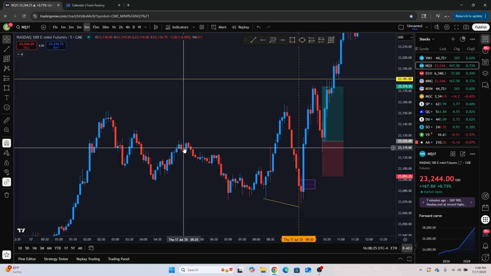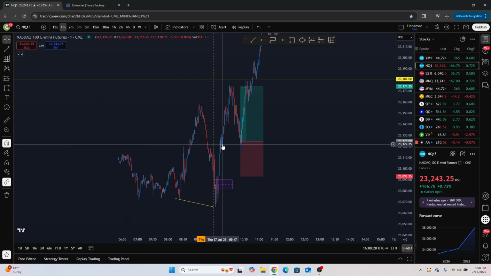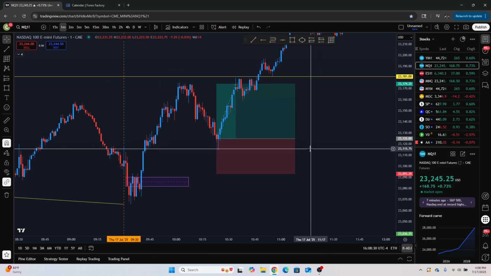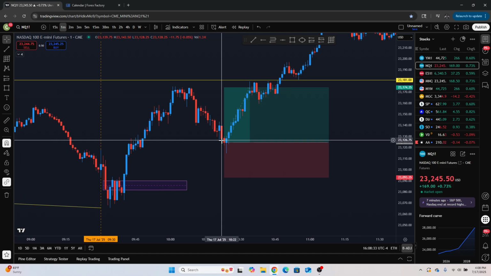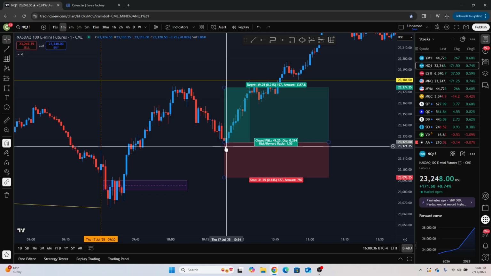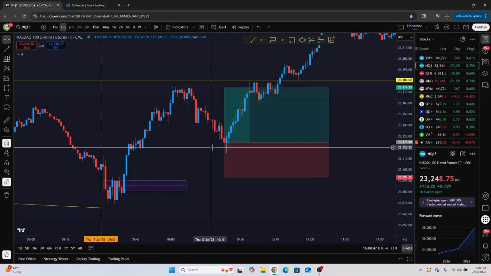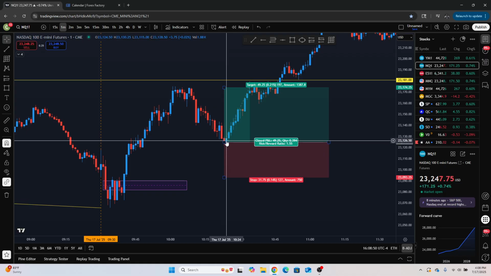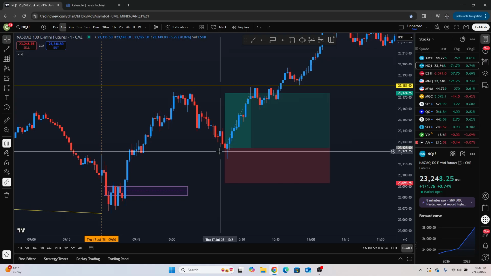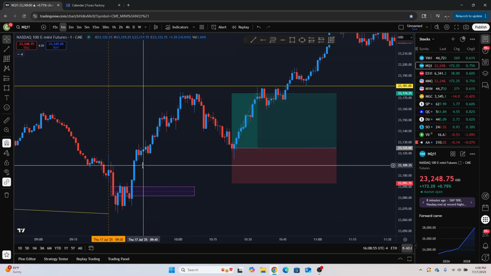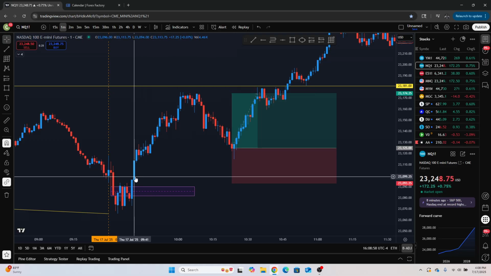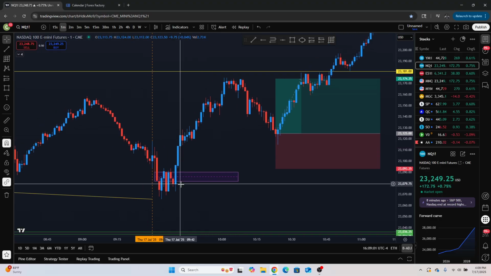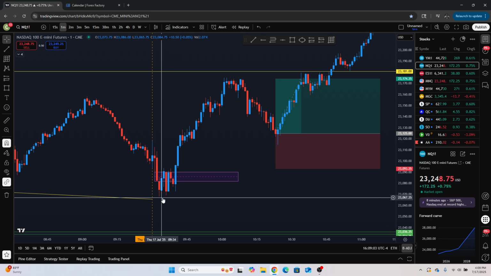So when I saw that, I dropped down to the 1 minute, and I was just being patient to see how far it went. It went to where I was okay getting in the trade. As you can see, it was in the second 5 minute candle's fair value gap. So right after this wick, I just went ahead and got in because I decided I'm not gonna miss the entry. I'm not gonna wait for it to come back all the way down here. And if it did, I would just get in again. And if I did get in again, my stops would either be below this candle right here or below this candle.